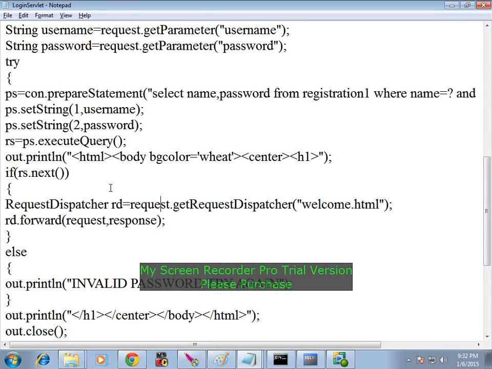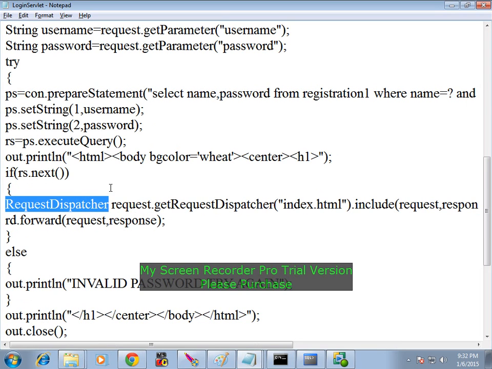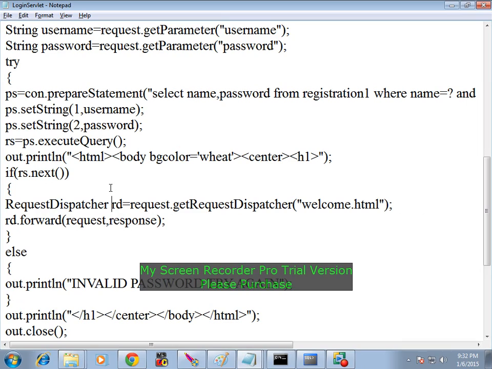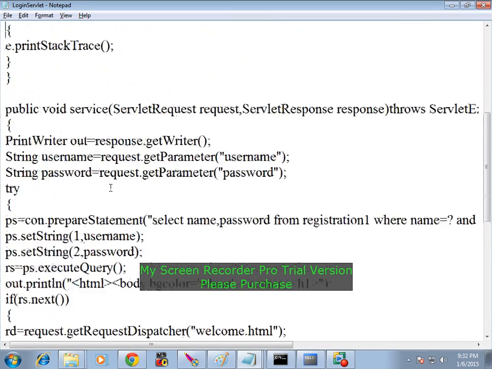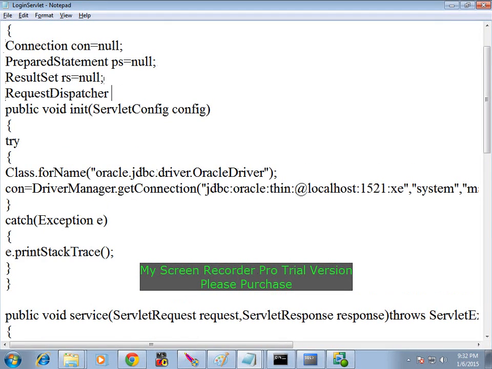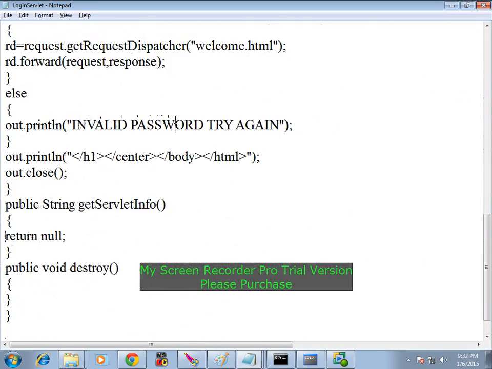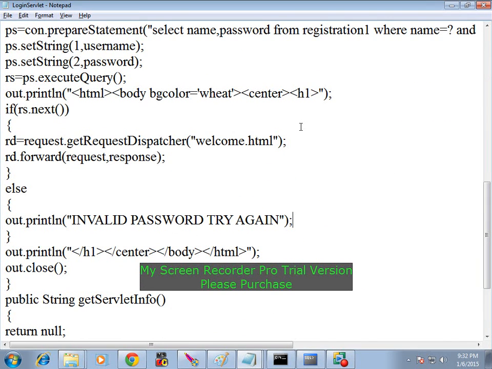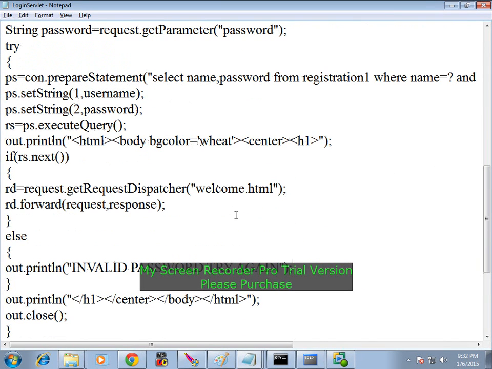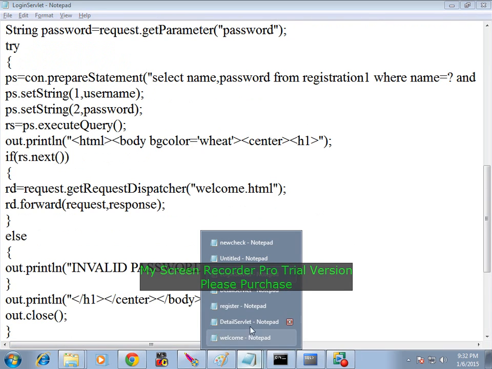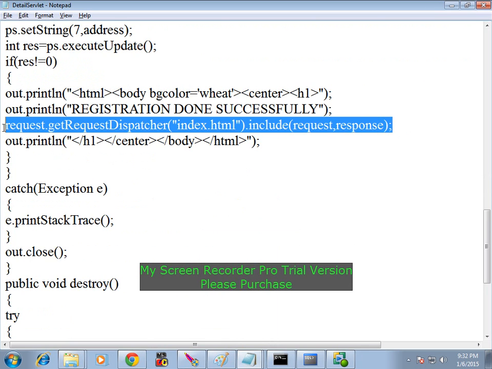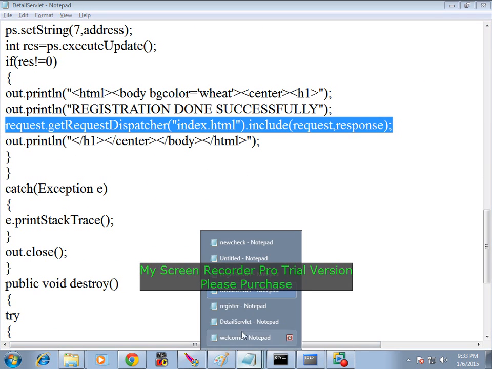Request, response, and the same thing you are doing here, and declaring this above these particular things, right? So rd equals null, so that we can use it in other blocks also. Like say if I want to say invalid password, try again, you again have to send this through welcome.html, right? So we have to use include index.html, right? Copy it and paste it in